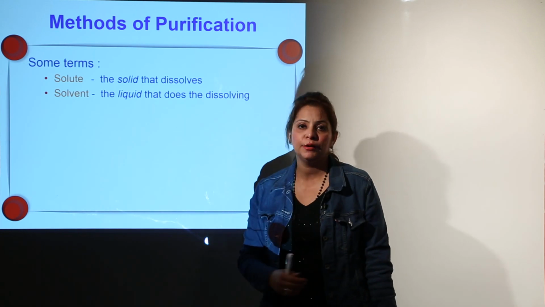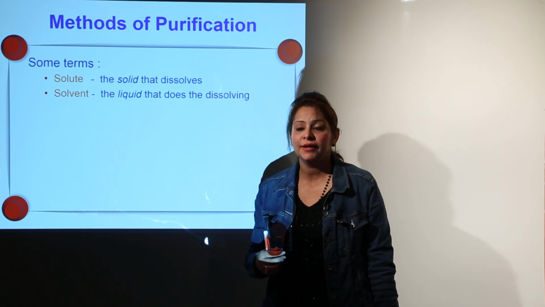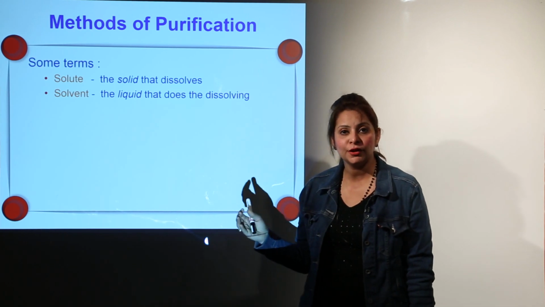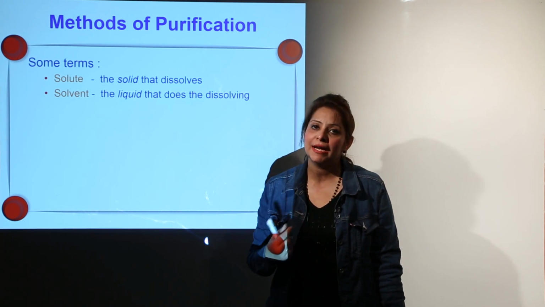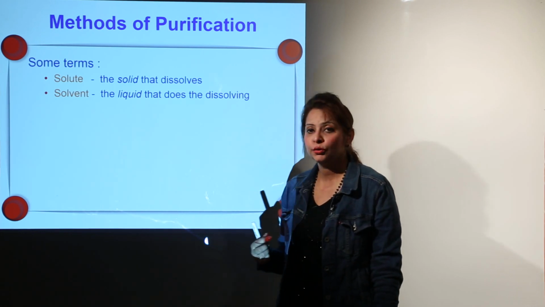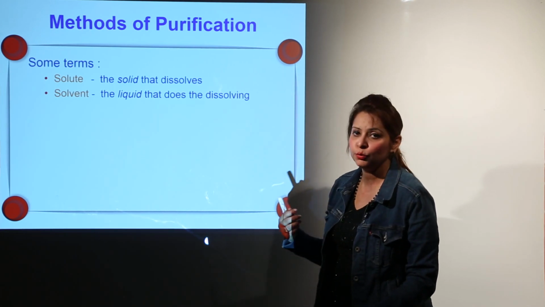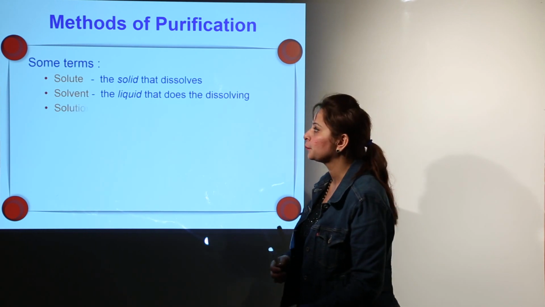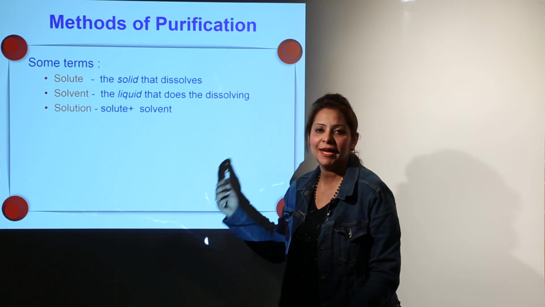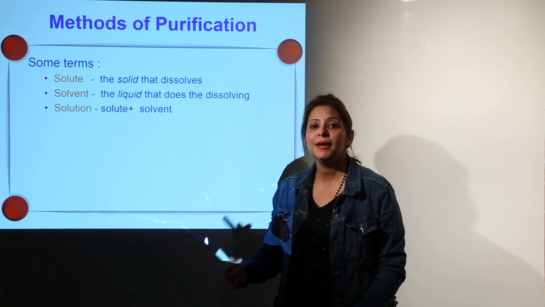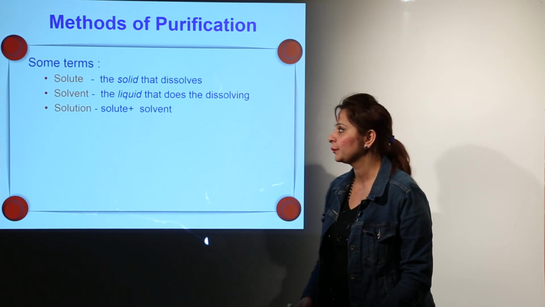So this is how we use these terms solute and solvent, and when we take different mixtures, we'll be talking by using the terms solute and solvent. So you should be familiar with how to use these terms and what they actually mean. Third is solution. We know the basic components of a solution are again the solute and solvent. When you mix solute and solvent, we get the solution.